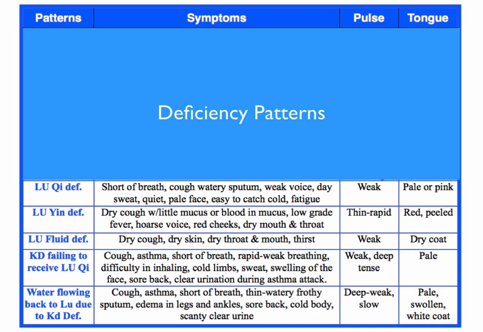Plus, there's a lung issue that's been there for a long time, right? So we have a deep, weak, and slow pulse because, again, it is a lung and kidney yang deficiency. And then the tongue is pale, swollen, with a white, wet coat. Sometimes it's wet, sometimes it's white, depending on what's going on. But that gives you an idea of all the possibilities for the lung patterns. The one I see the most in my practice, and I think most people do, is the lung qi deficiency because that's very common, or the acute external pathogen invasion.